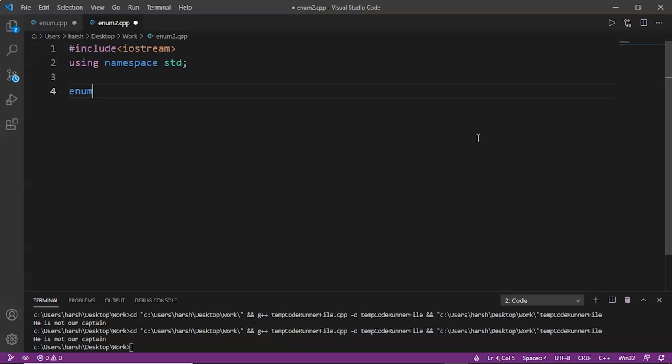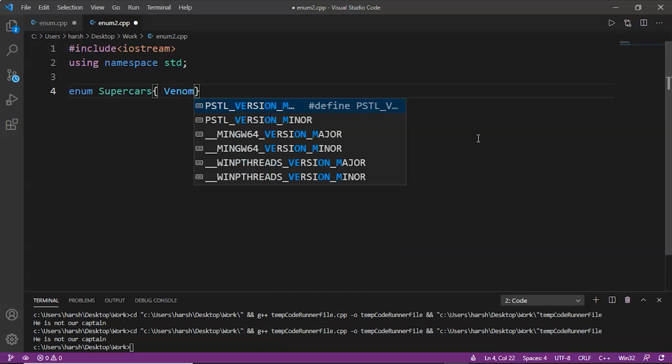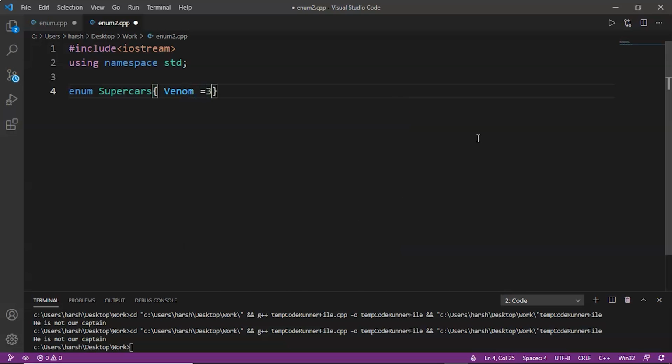So we will write enum, the name of the enumeration, that is, let's say, supercars. Okay, now inside the bracket we'll write the names of the cars, which are the values, and we will assign some integers.